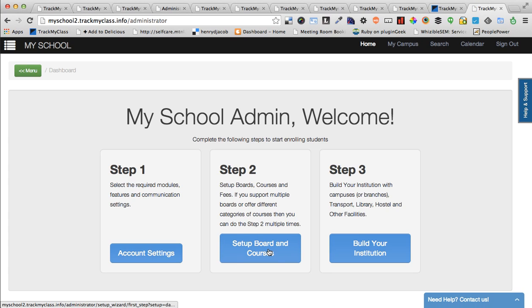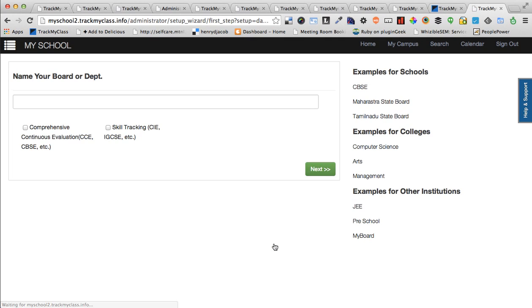Step 2, we are going to set up a board and the courses. I'm clicking on the setup board. So the first step is to create the board. In the case of a school, the schools are associated with one of the boards, and in some cases schools are supporting multiple boards, for example CBSE and the Cambridge board. But you can repeat this step multiple times to set up the different boards. In this example, I'm going to set up a CBSE board,